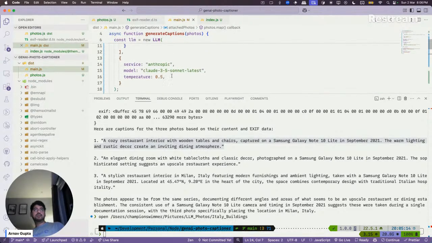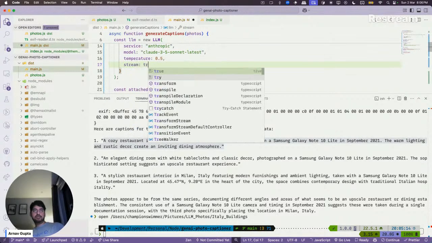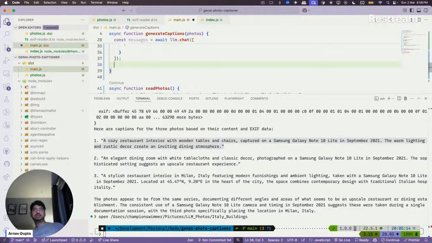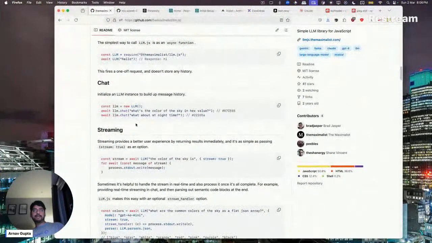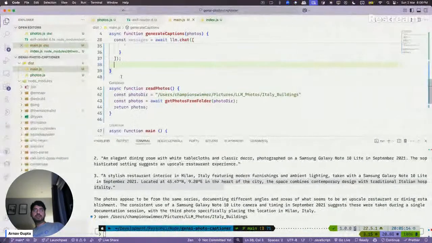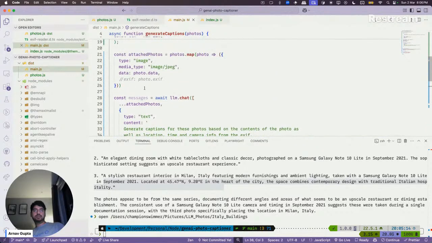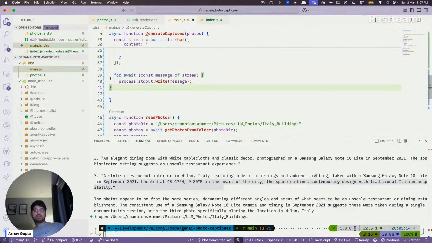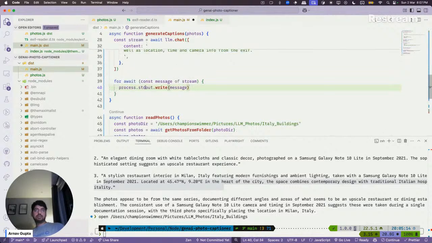So to do streaming output, we have to do stream true, and instead of doing console.log messages here, I'll just do a const stream equal to await that thing, the llm.chat. Okay, let's see how that works.